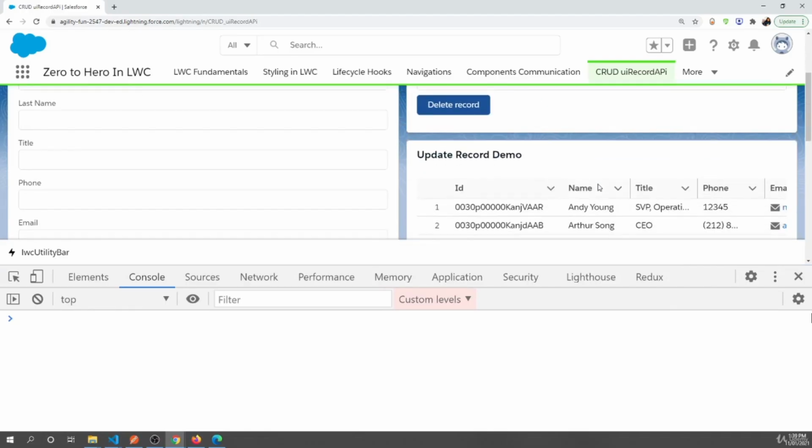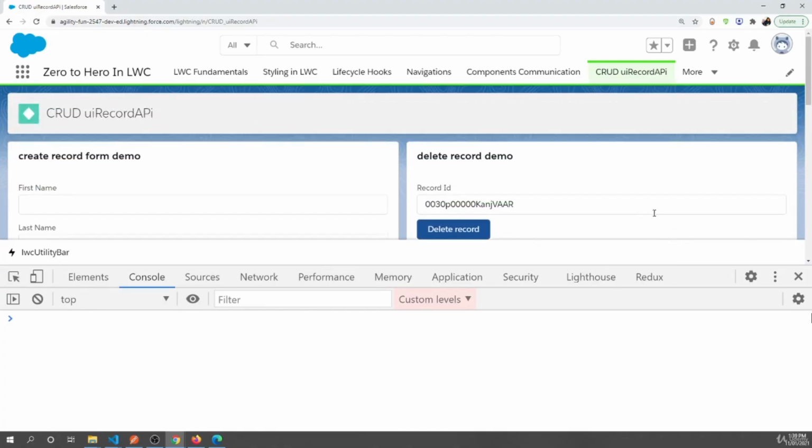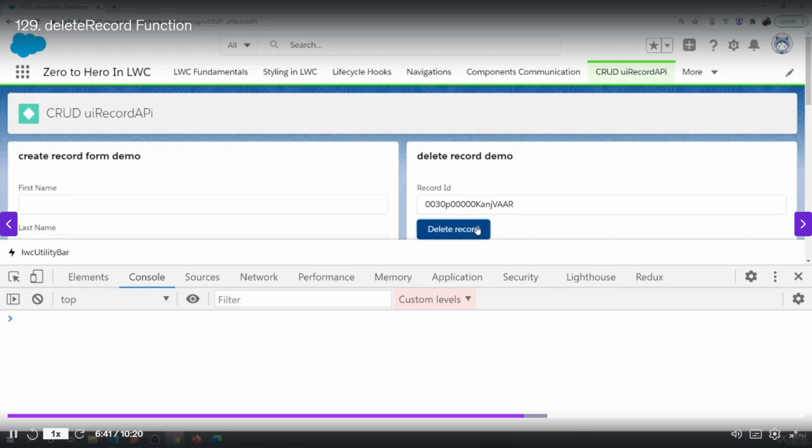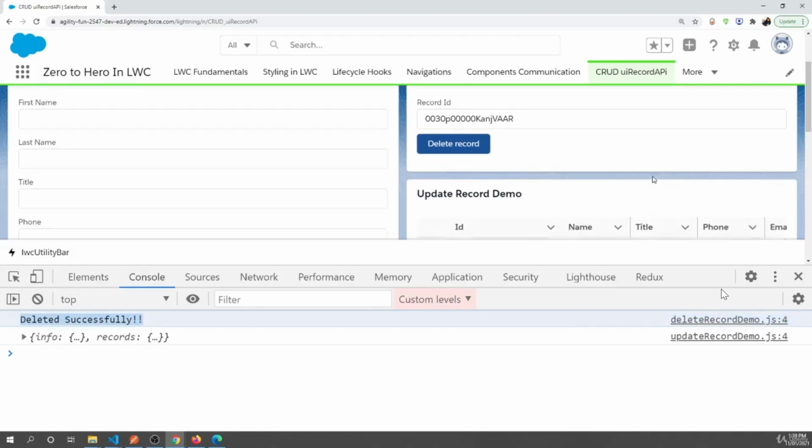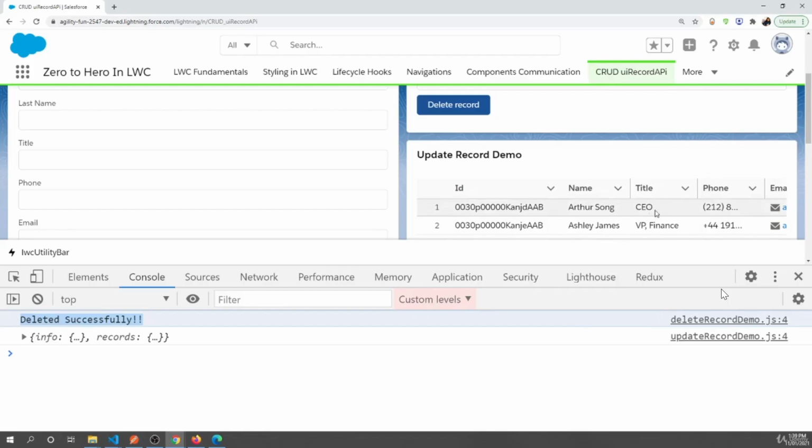Now hit delete record, and for that I'll just note it down. It's the title SV operation. That's the first record. Hit delete, and it immediately printed deleted successfully. And apart from that, if I come down here, you can see it immediately updated the update record card, because